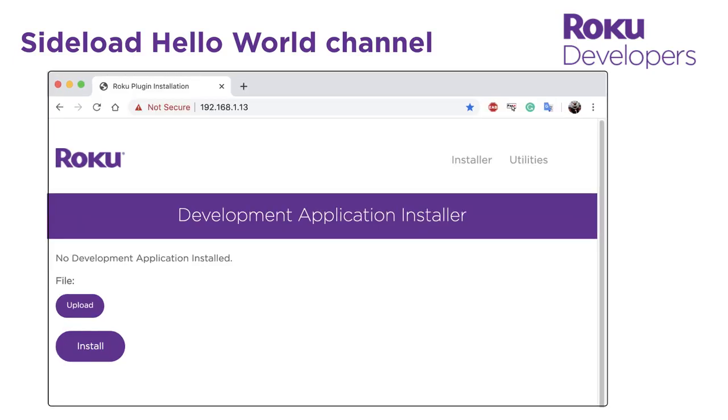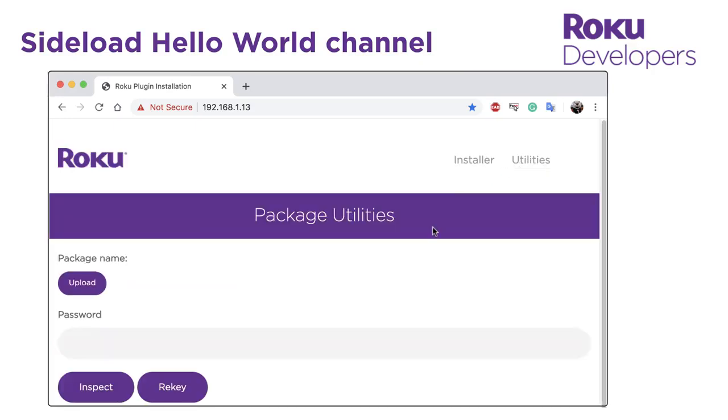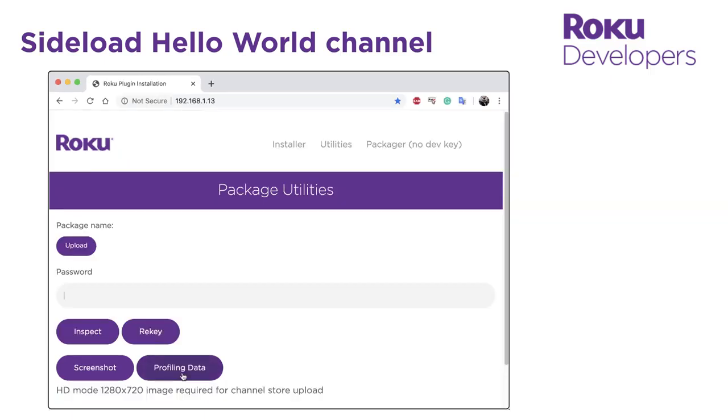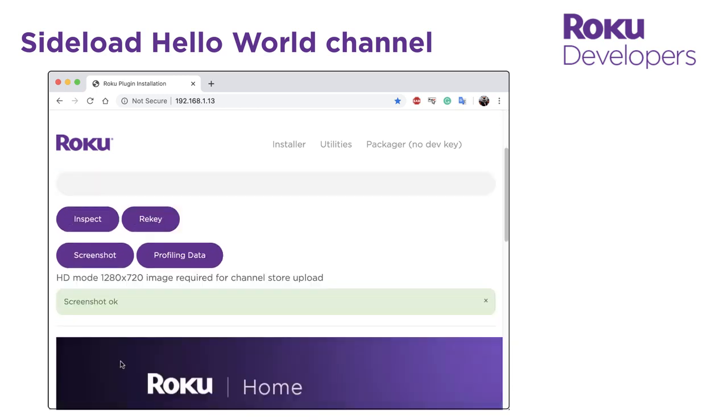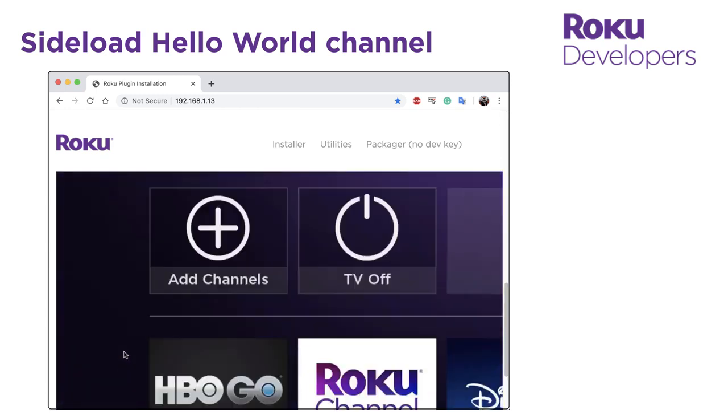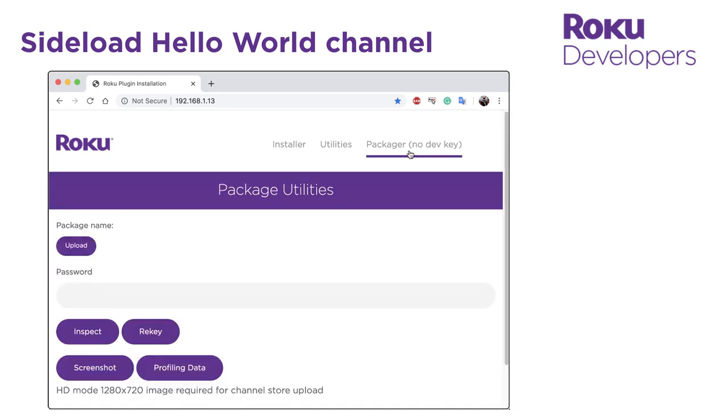Before sideloading the Hello World sample channel, let's pause for a minute to take a look at the other tools you can access from here. The Package Utilities lets you key or rekey channel packages, generate profiling data to evaluate the channel's performance, and take screenshots of your channel. The Packager lets you create an encrypted package that you can submit for publishing to the